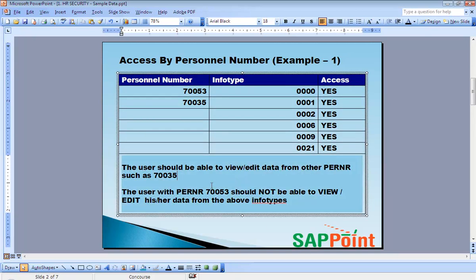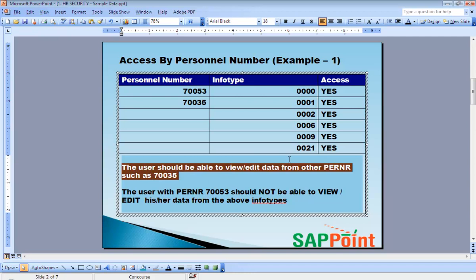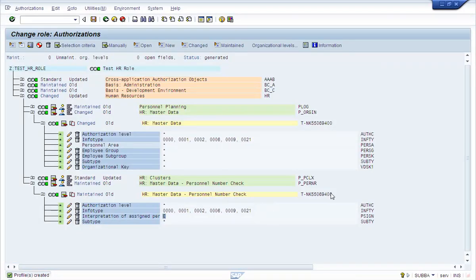Now, in this example, where the user should not be able to view his or her own data, we know that the personal number check is controlled by the p_partner object. So what happens if I disable this object?